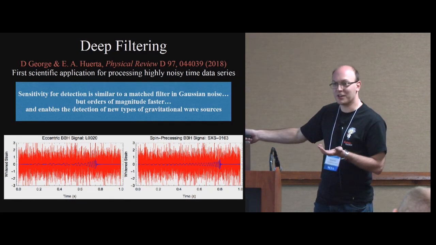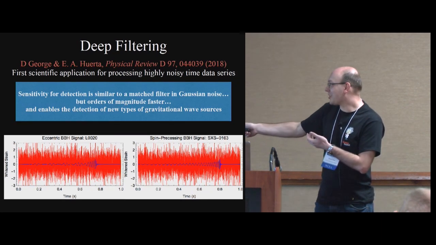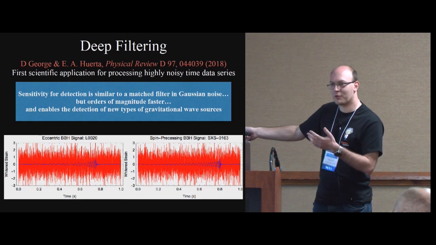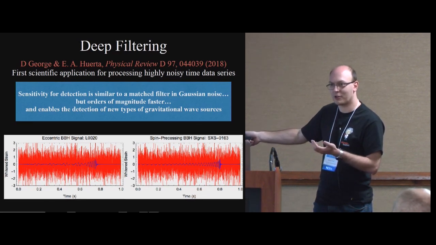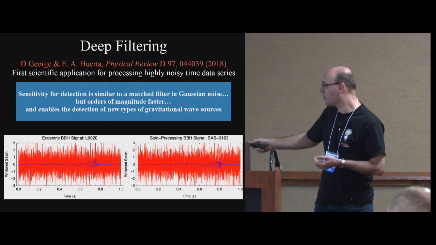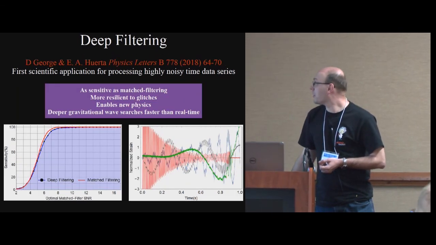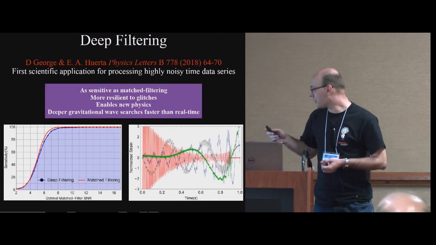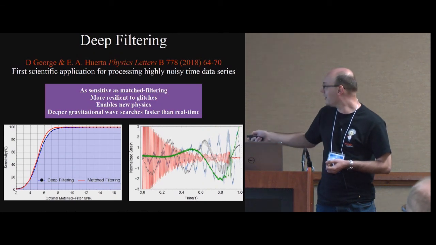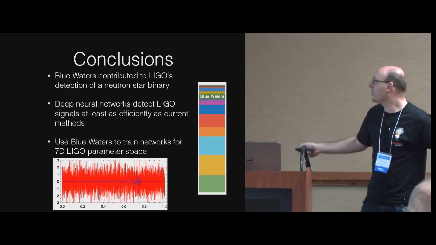It's just finding them. So you can always say this is a false positive, but you can always take the answers that it has, run your favorite matched filtering algorithm over it, and then check that the answer is right. So you're not losing anything. You can always just use it as a trigger, which is cheaper than what you currently do. Right, and that's basically it. We fed it various signals. So all of these things that look like this are all signals that it can actually find, and they're proper LIGO signals. And in conclusion, we've used Blue Waters